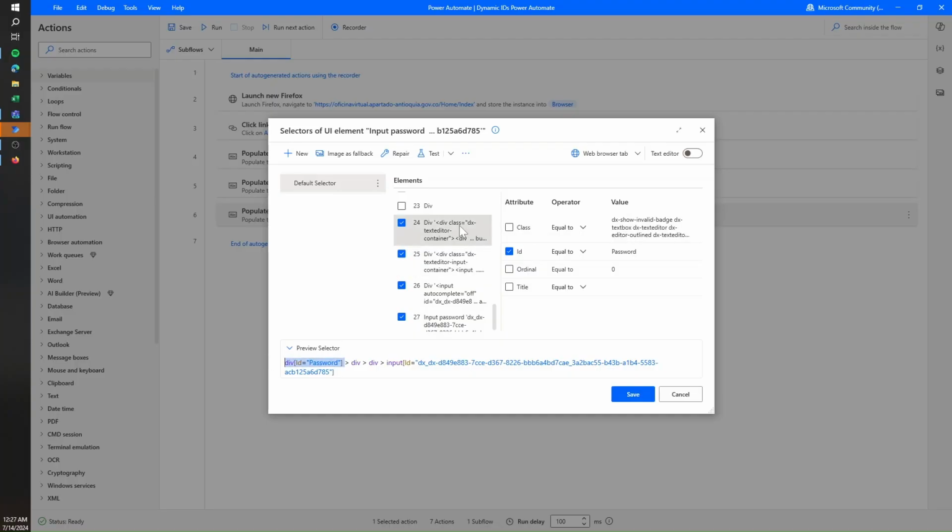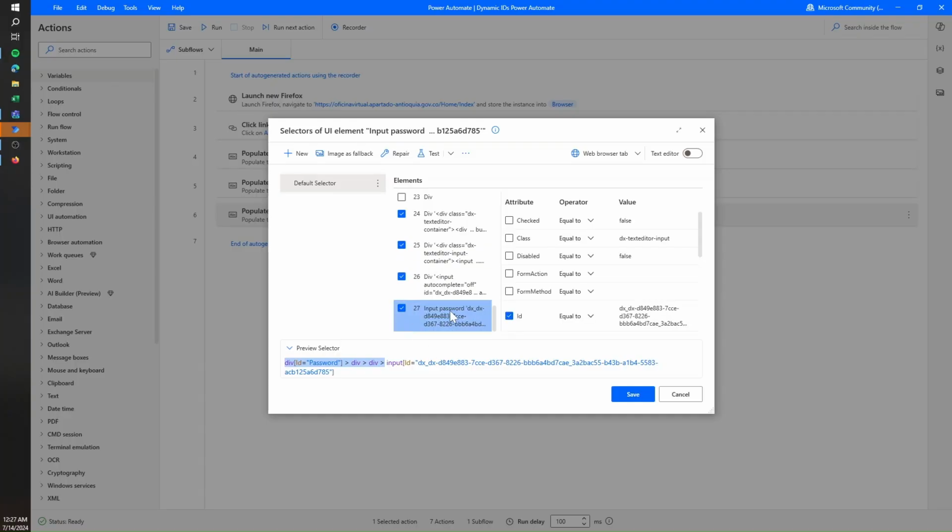Because in case it's not recognizing, we would just need to come here and select it, and then write whatever ID we know it has. So after selecting these 3 elements, you can see that the first part is ready. Now we just need to change here our input to remove this dynamic part that we know is not going to be there. What we could do is either remove the whole thing like we did with the text